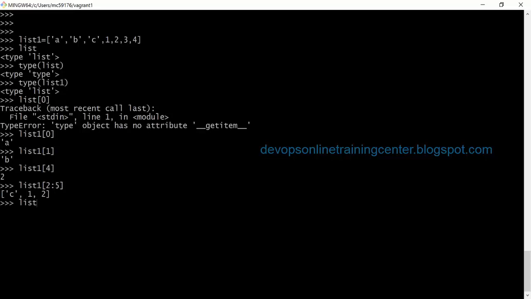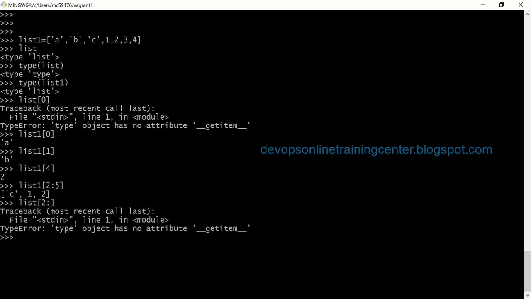Or I can say simply list 2 colon without giving any end. Sorry, list 1. So this will give starting from the second element till the end.